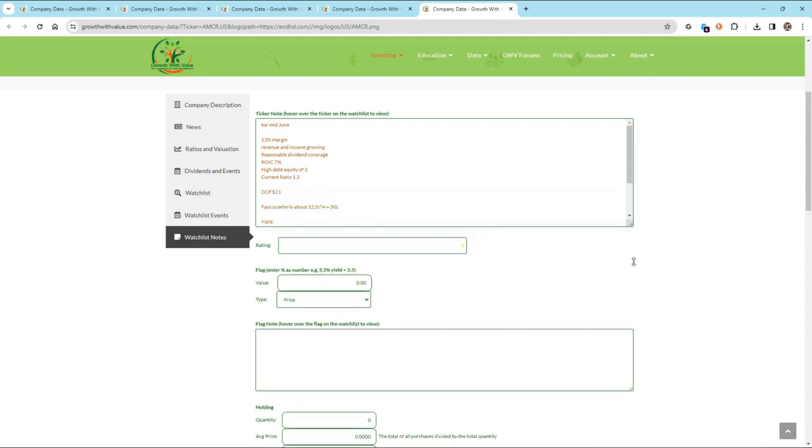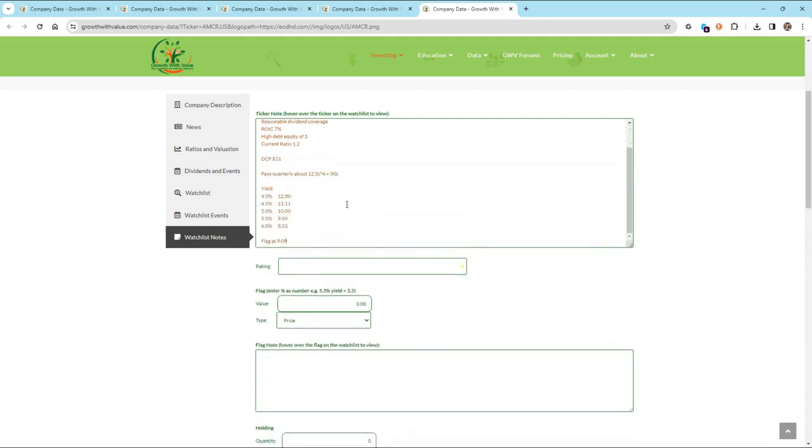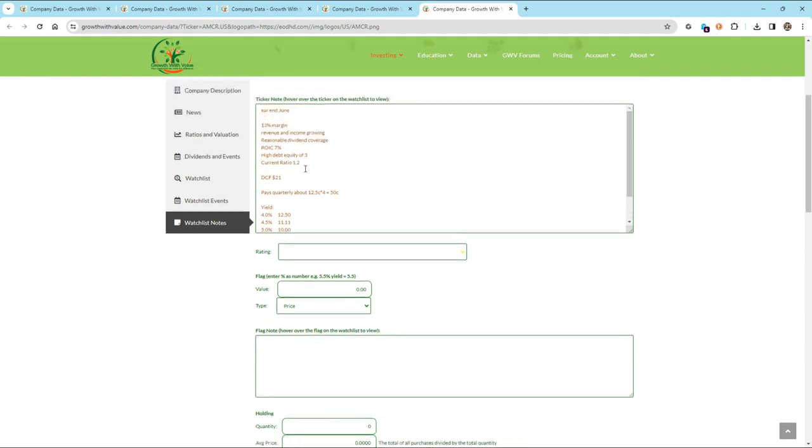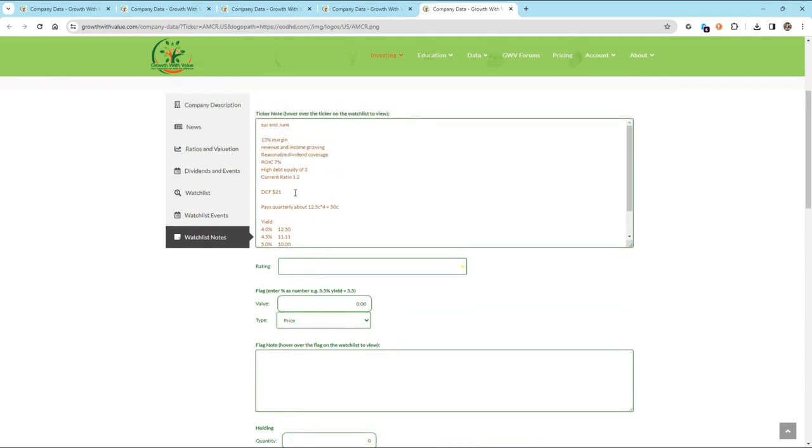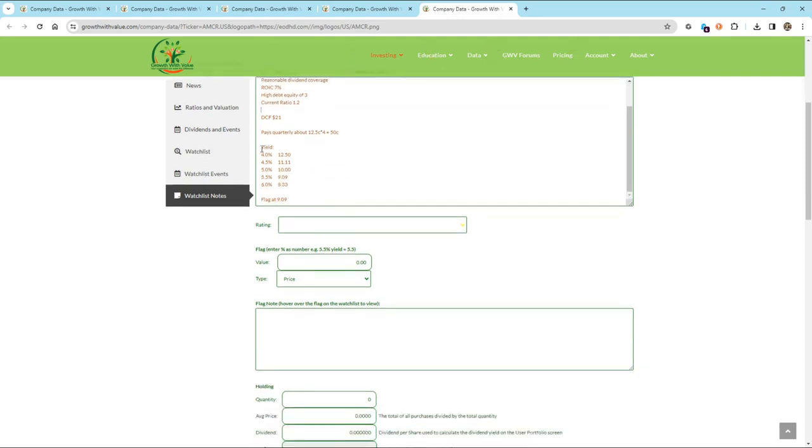And here we can expand that. So what I wanted to do was, you'd see just some basic notes here: 13% margin, revenue and income growing, reasonable dividend coverage, return on invested capital 7%, and high debt equity. So now here I've decided that, because I've actually chosen 3 dividend stocks, so I have calculated the yields here, and I've decided I'm going to put a flag